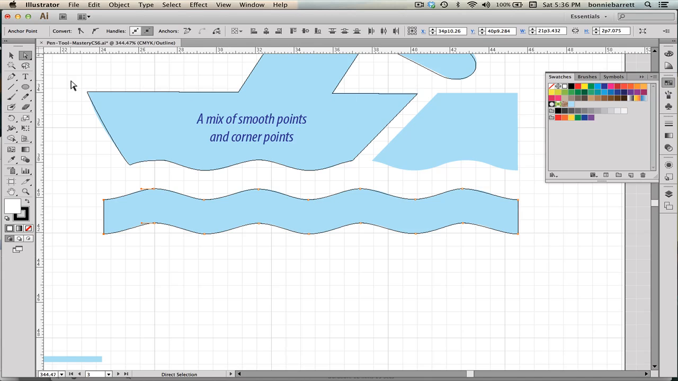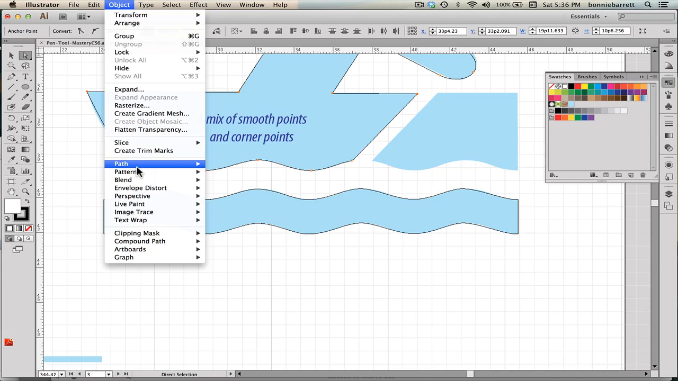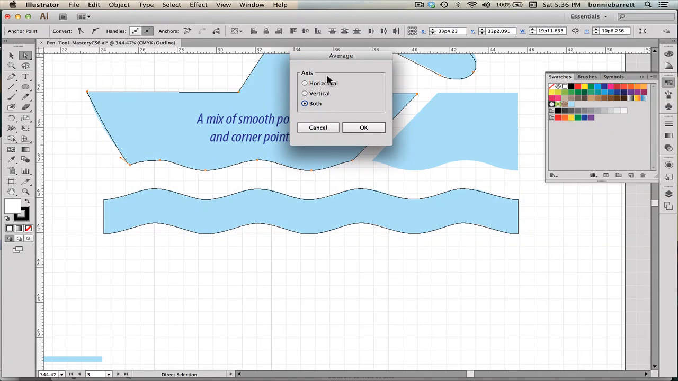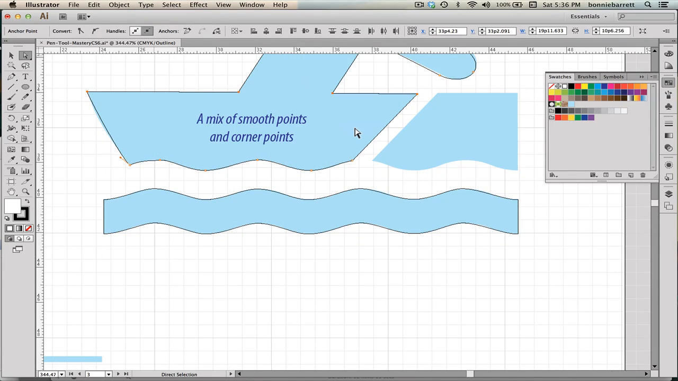I can also use the Object, Path, Average. I notice here I didn't get all of these points on the exact same axis. So with my direct selection tool, I can select those and just go to Object, Path, Average. In this case, I want a horizontal axis. And that just straightened those up for me nicely. Just a little more editing here. And it should be very quick now